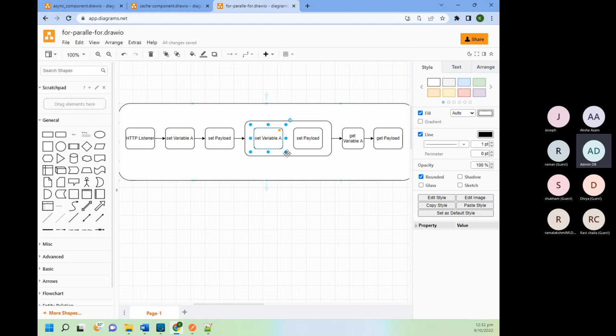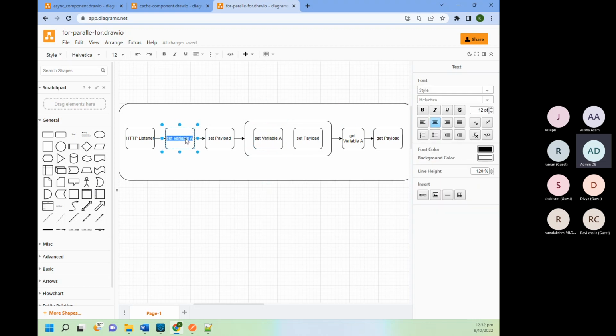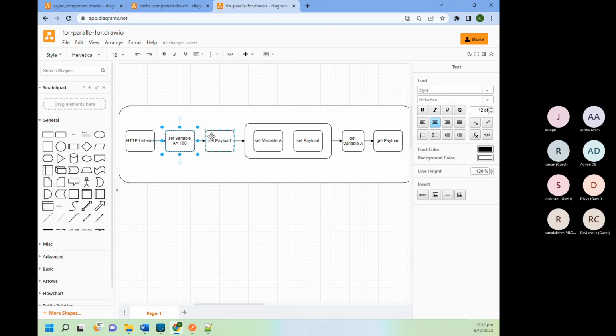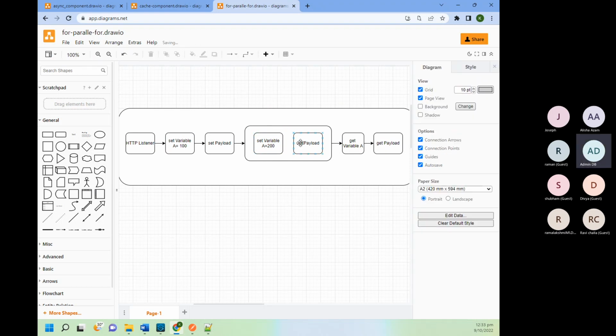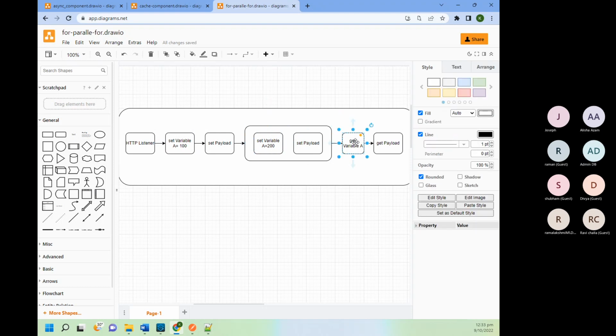After this processing, let's say here we are setting the value of variable A equal to 100, and here we are setting this value as 200. So once you come outside of this for each, the value of variable A will be 200.